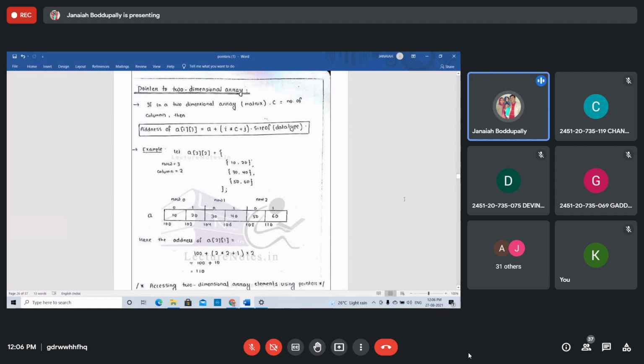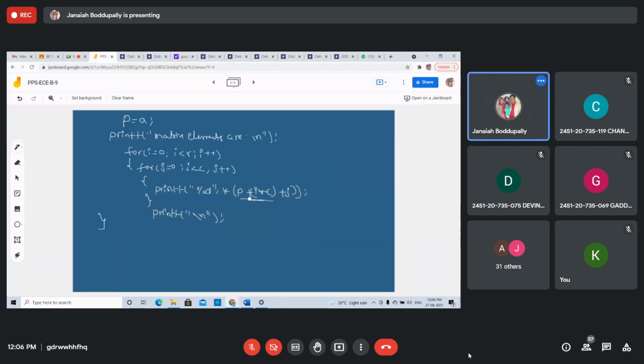You calculate using the size of the data type, but for the address you take a plus i into C plus j. Because we stored the address of the first element into the pointer variable p, the same program uses p plus i into C plus j. That's it. You can execute this.